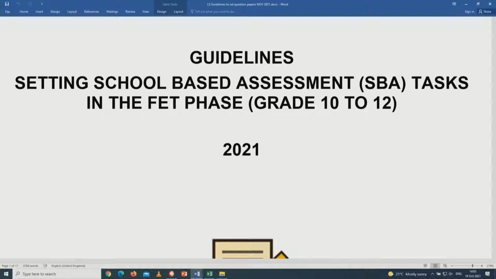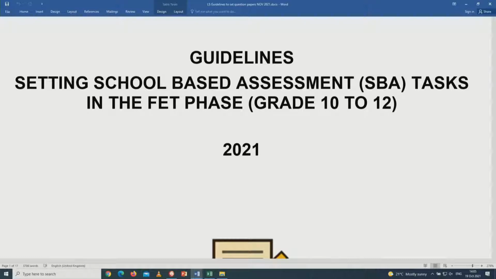The latest one was circular S17, which retracted circular S16. I'm not going to show that to you this afternoon. You have it at your schools, you have it in your offices. That one also refers to circular S7 of 2020. In other words, all the guidelines needed for the end of 2021 will be found in circular S7 of 2020. But as we progress,